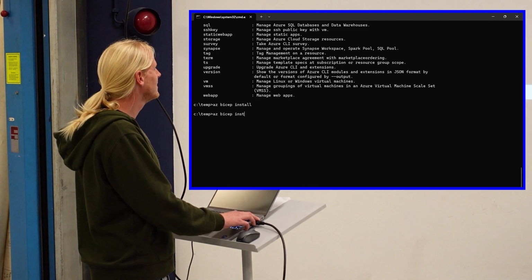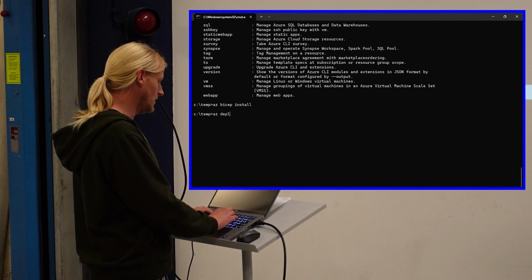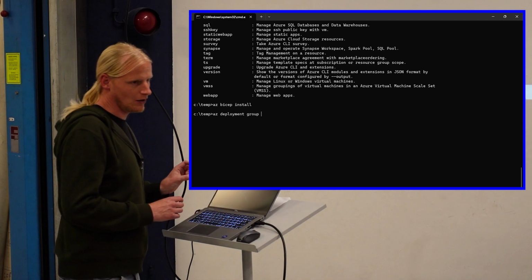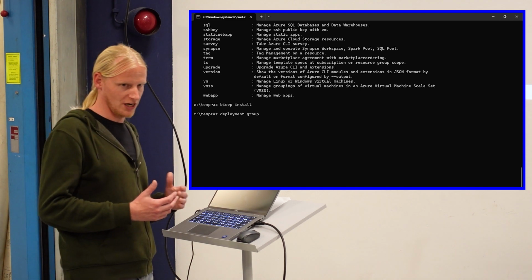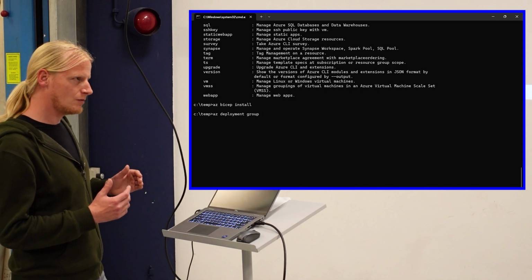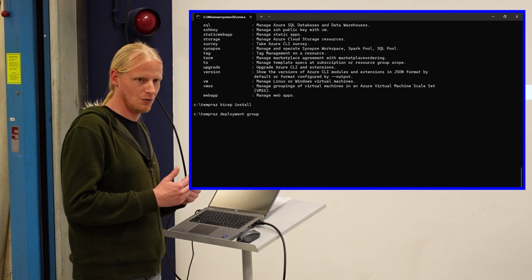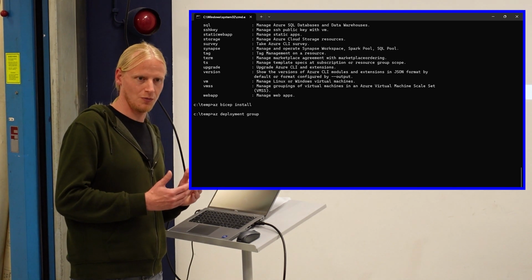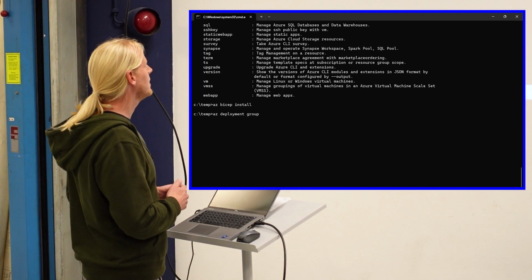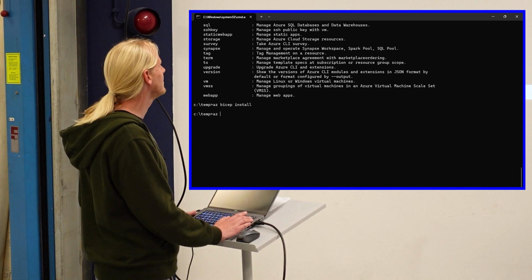But if you then have it installed, we can actually deploy something, and the syntax for that is az deployment group. This group is maybe a little bit odd. What this means is you have different types of deployment in Azure. You can do a subscription deployment or a group deployment. And I think there's even one more, but I don't remember entirely. But in this case, we are going to do a group deployment, which means you need to have an existing resource group, and then you can deploy something into that resource group. So now that I'm telling this, I realize that I forgot something. I need to create a resource group. I haven't done that yet.